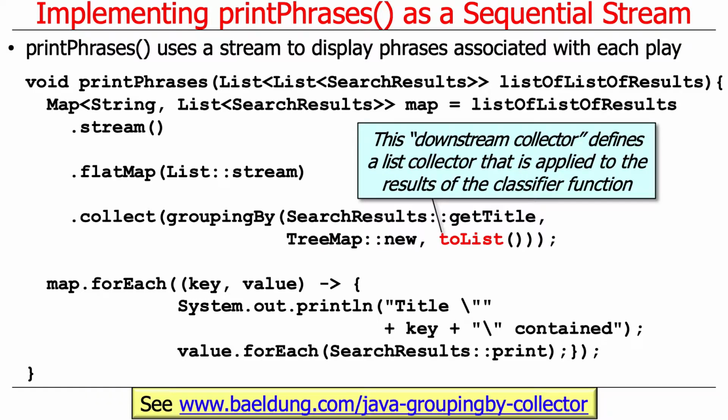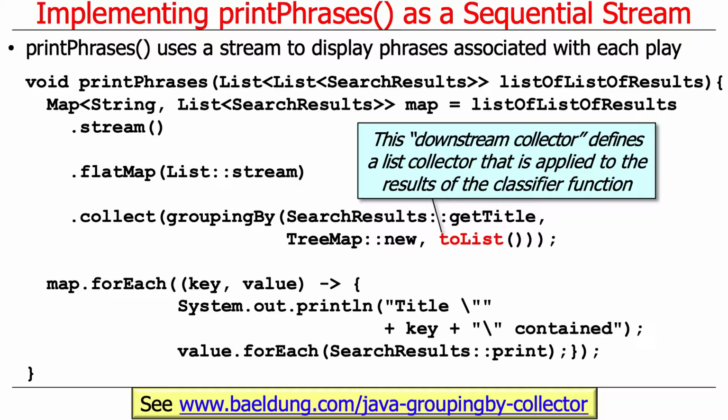And then the third and final parameter is an interesting one. This is a so-called downstream collector. And all that means, it sounds fancy at first, but a downstream collector is simply the collector that's defined after we take the elements of the stream and classify them into the keys in the map. So after we've taken the elements in the stream and we've said, oh, this is the tragedy of Hamlet, this is the tragedy of Macbeth, this is the tragedy of Julius Caesar, lots of tragedies in Shakespeare, obviously,